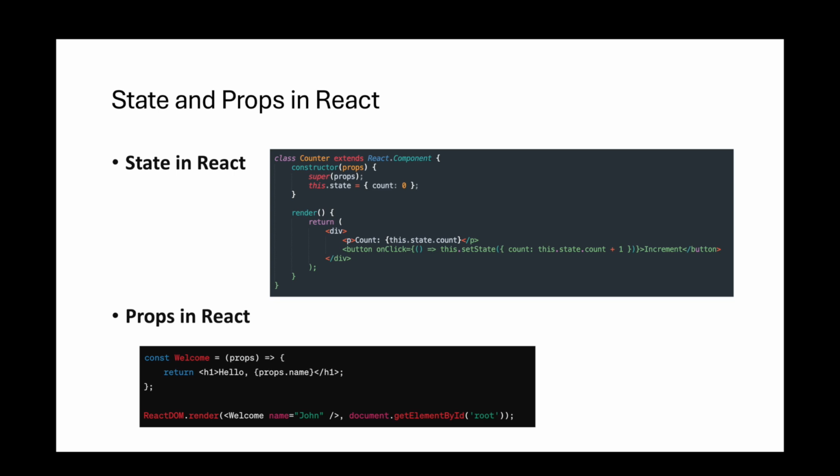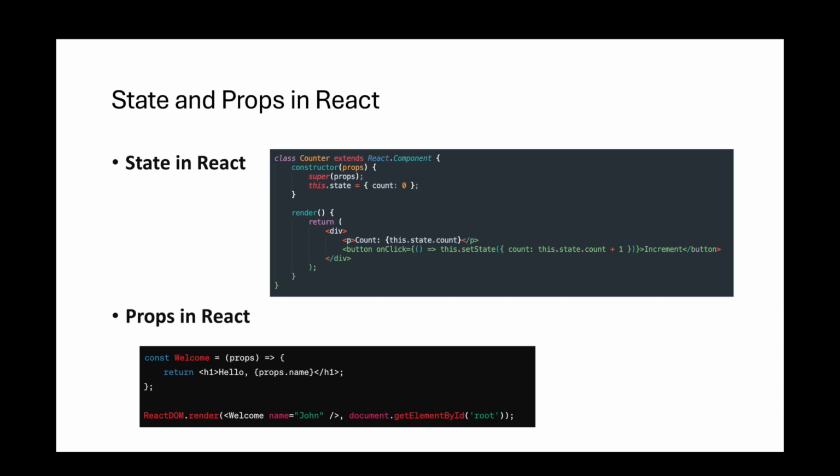Example: class Counter extends React.Component { constructor(props) { super(props); this.state = { count: 0 }; } render() { return ( <div> <p>Count: {this.state.count}</p> <button onClick={() => this.setState({ count: this.state.count + 1 })}>Increment</button> </div> ); } }